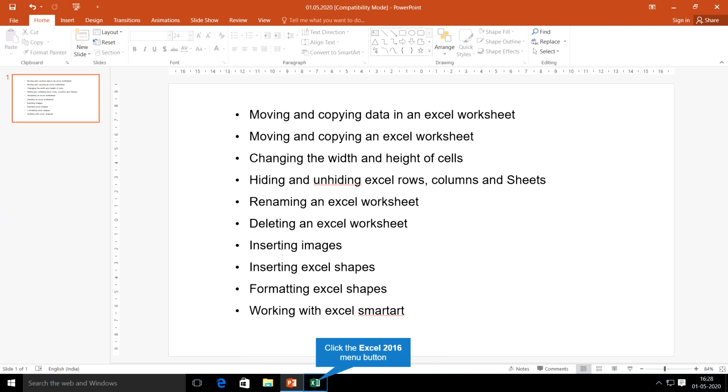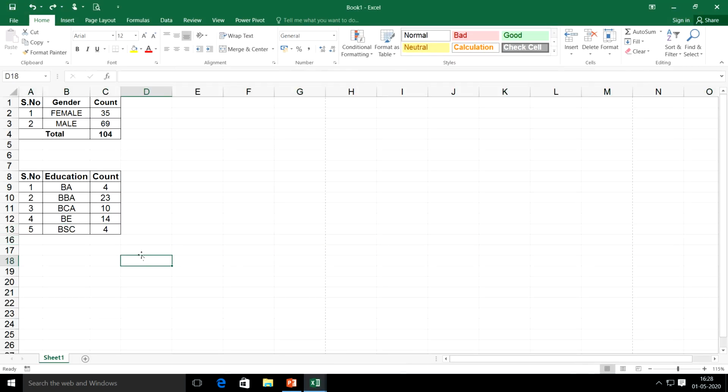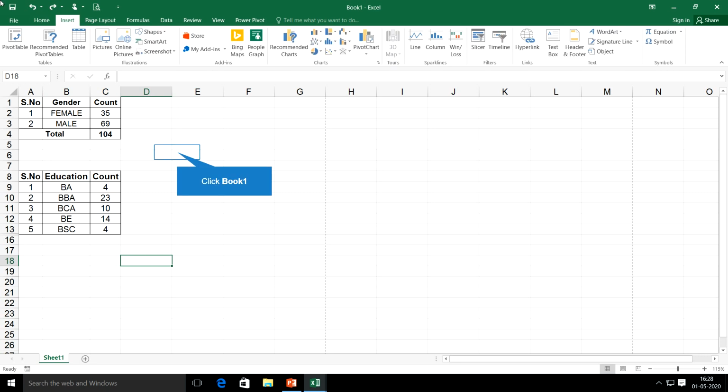Then coming to inserting images. Inserting images in an Excel sheet. Okay. So now we go to the insert menu. Whatever you want to insert, you can insert in the insert menu.